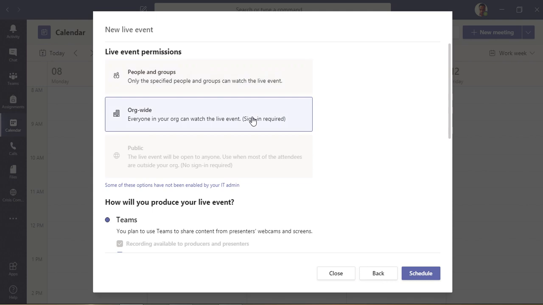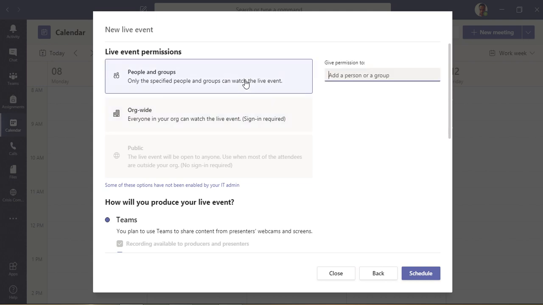So let's move to organization wide only, and click this sign in required option, or you can also go for this one. I'm going with this one. I can also invite any other people, like Fahad Noor, who is also in my organization. Mohammed Hamad, who is external, I have already invited as a presenter. And let's see if I have any other guest account. No.